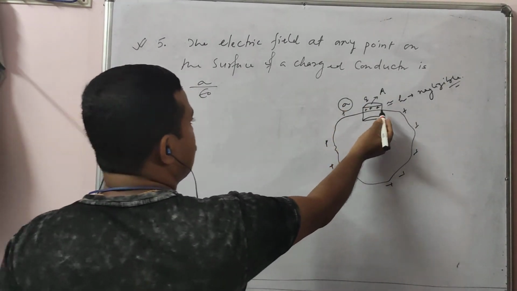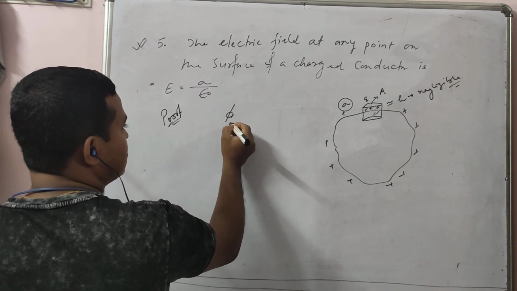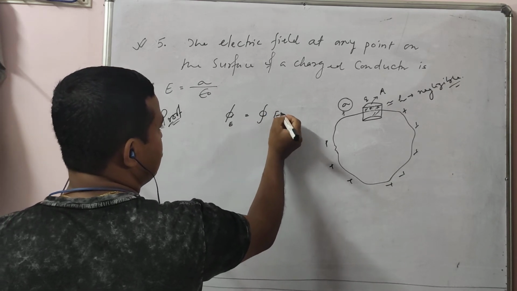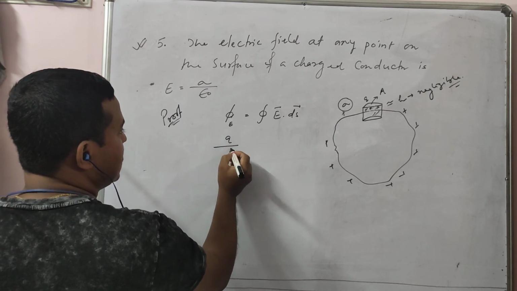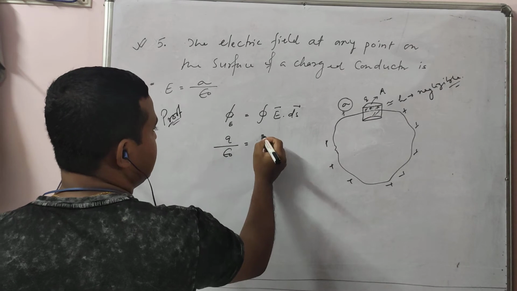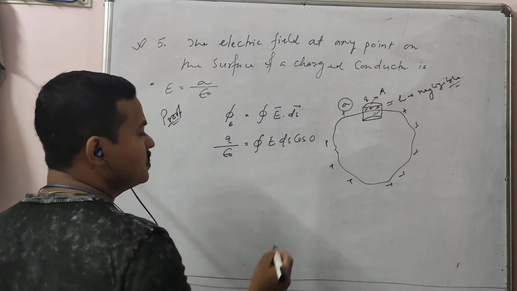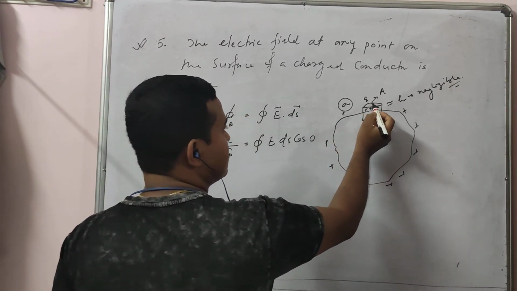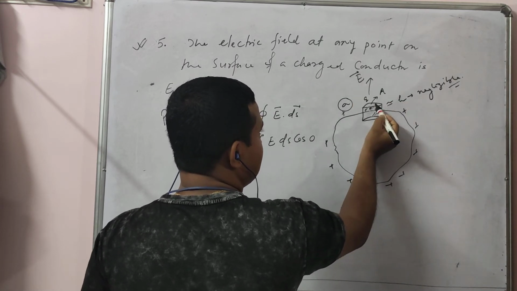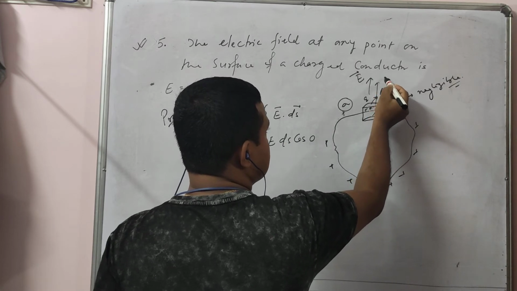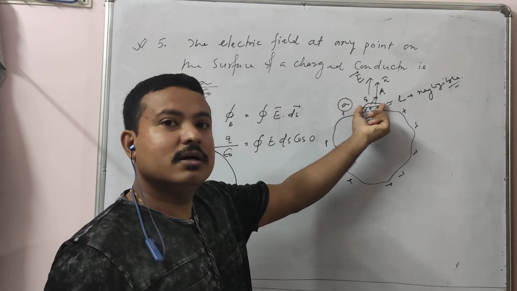Now if we apply Gauss theorem through this cylinder, then what can you write? Electric flux is integration E dot ds, which equals Q by epsilon. So it will be integration E ds cos theta. And theta will be 0 here, because we know that the electric field is always normal to the surface. Here this is the direction of the electric field, positive charges are there, and on the surface we draw a normal in the same direction. So theta will be 0, because we are considering a cylinder which only covers the surface.